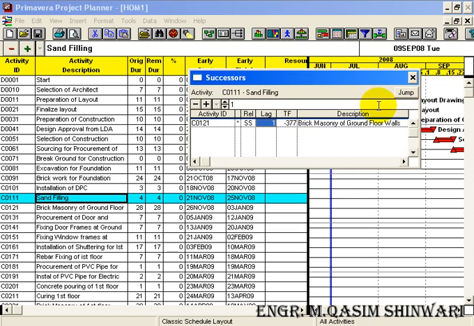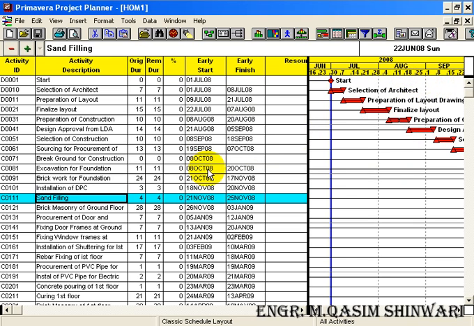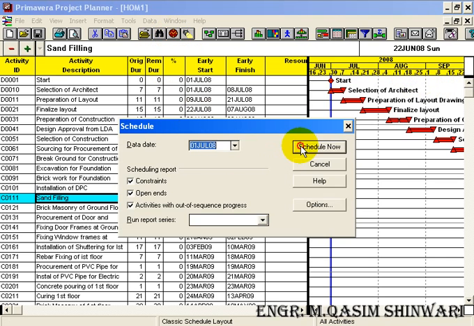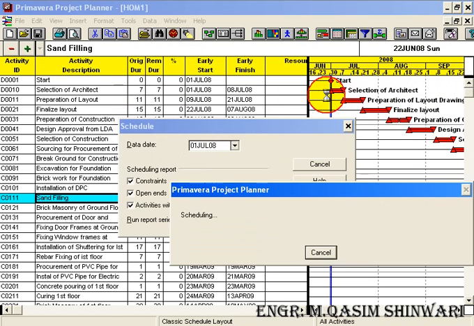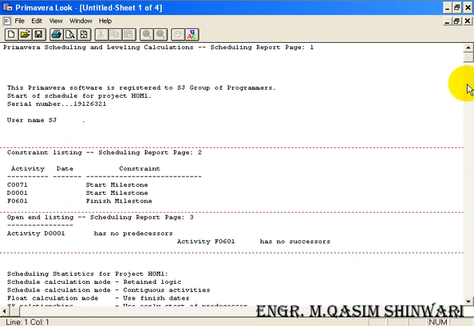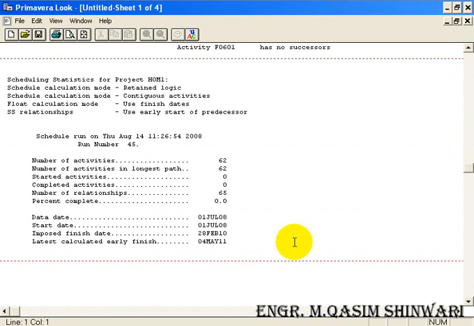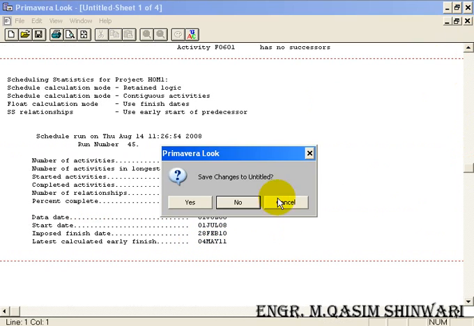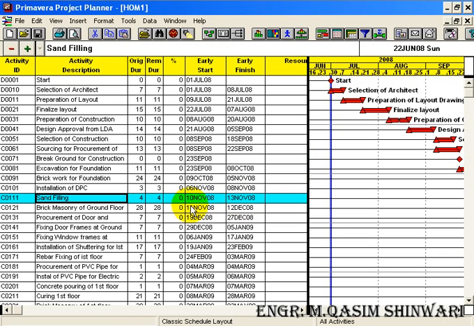Now let me see whether we have saved some days or not. So I am doing scheduling. Yeah, you can see that we have saved many days, about 15 days. So let's carry on. The next activities which can be started simultaneously are